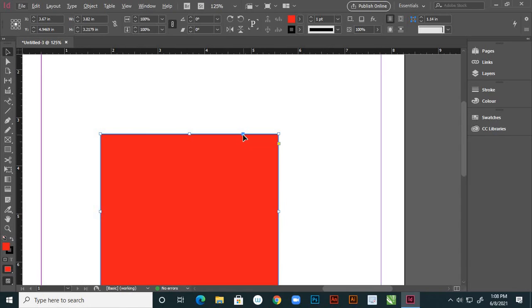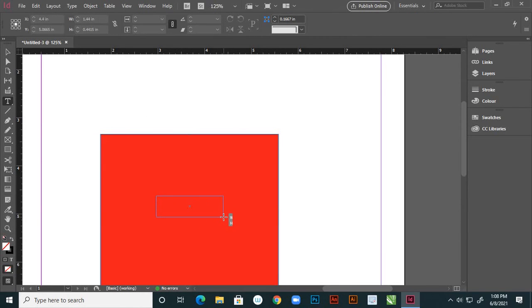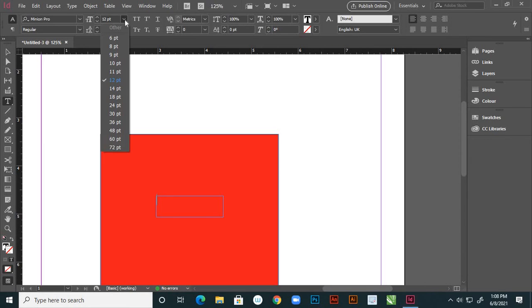And here it is showing: drag into text to anchor object, shift drag to make inline object, alt drag to open the dialog box of the properties, right? Suppose I take a text, any text. For that I am using the type tool, and here I am placing one text.